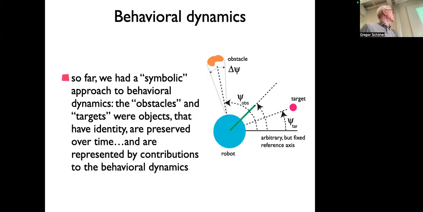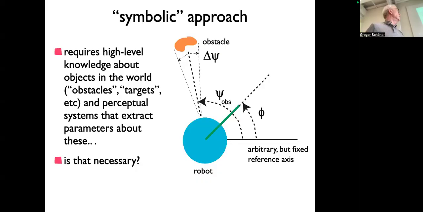What I lectured last week, we had these different contributions to the dynamics, and they were associated with objects. A target was an object, different obstacles were objects. And we call that symbolic in the sense you have to instantiate instances of these. If you have a perceptual system, you would have to detect this environment, assign maybe a number to them, extract the parameters, the estimates of the position, distance, and so on of the obstacles, and then